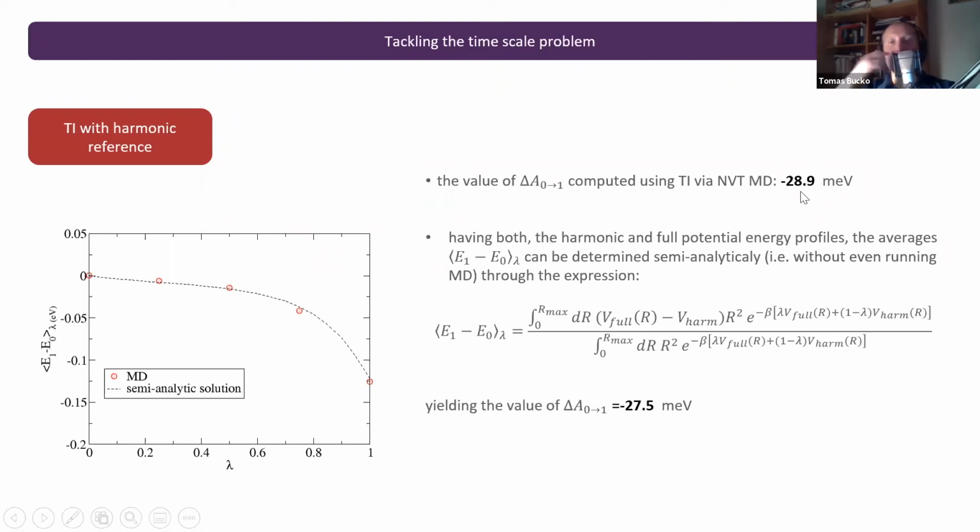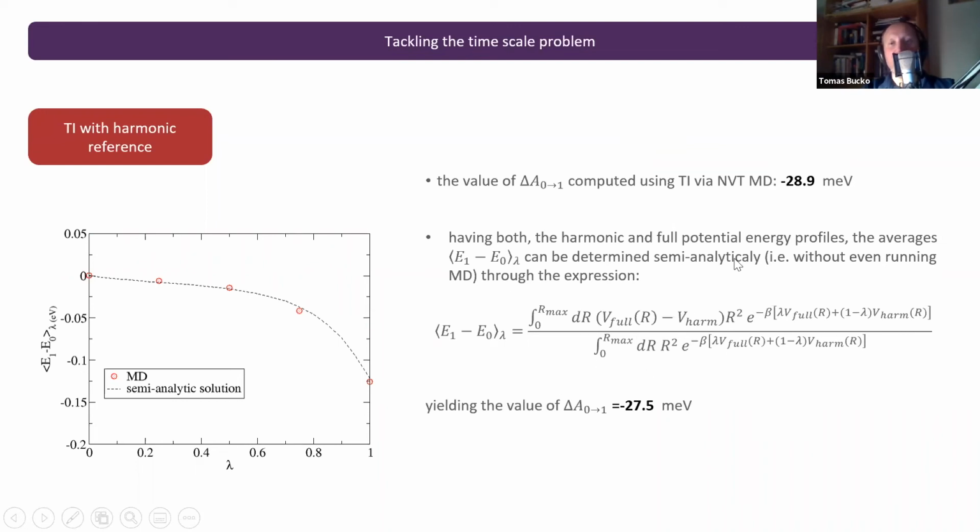The negative sign here makes perfect sense because, as I told you, the dimer is expected to be unstable at this temperature, and whenever you destroy the dimer, you convert a vibrational degree of freedom into something soft, some kind of hindered translation, let's say, which is always linked with an increase in entropy and therefore a decrease in free energy. So common sense tells you that this is a reasonable number, but we were able to